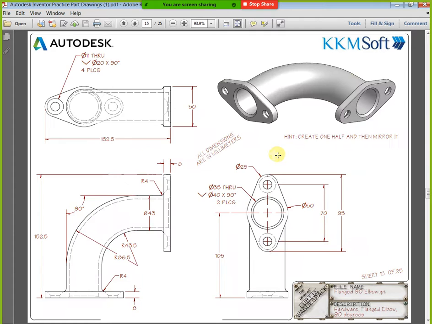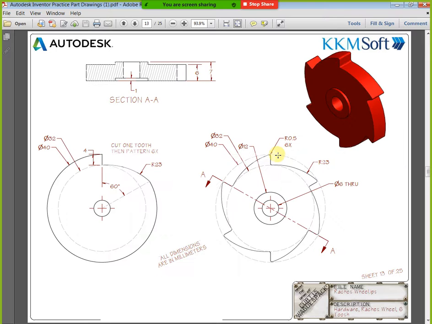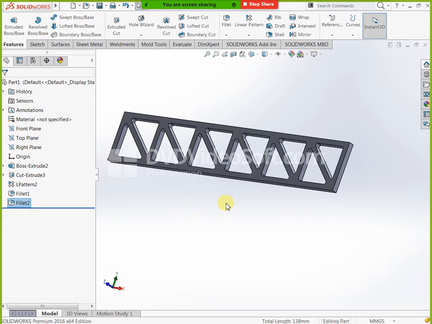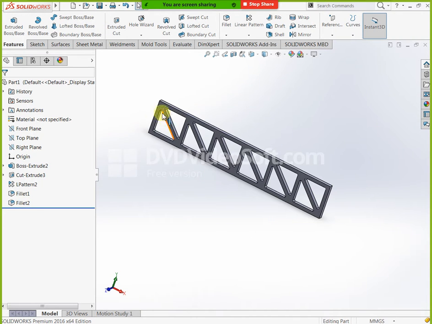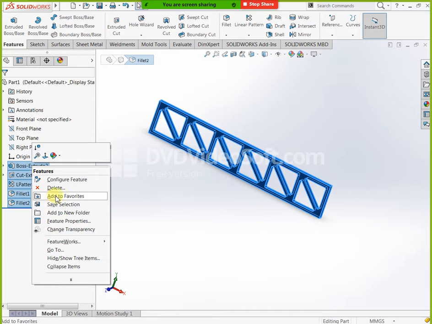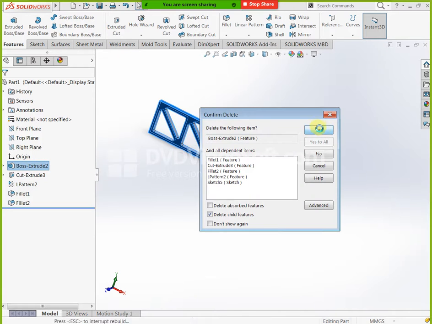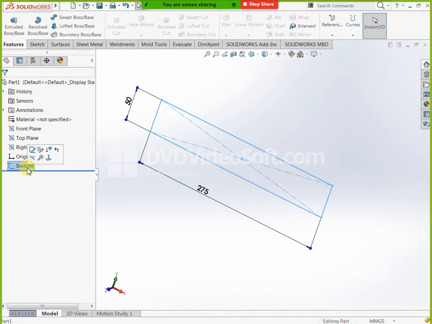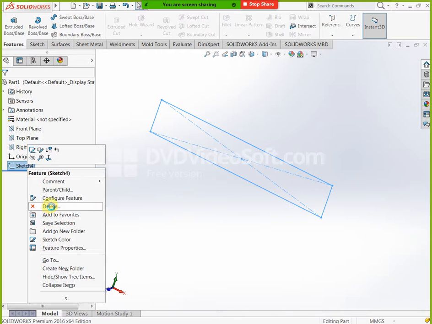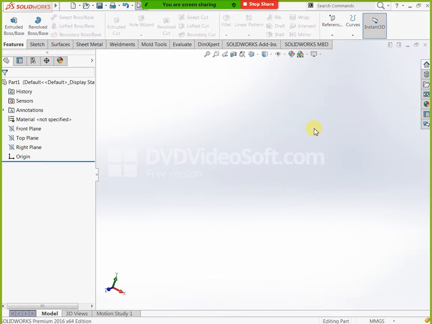Now understand this linear pattern. Where can we apply that linear pattern? If you need to create duplicate holes, copies of holes, in that type of situation you can use it, copy of feature. You can take any feature, either a solid feature or hole features like a removed feature. You can use this linear pattern like horizontal and vertical copying purpose only.